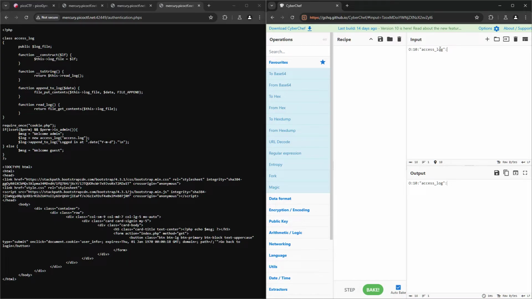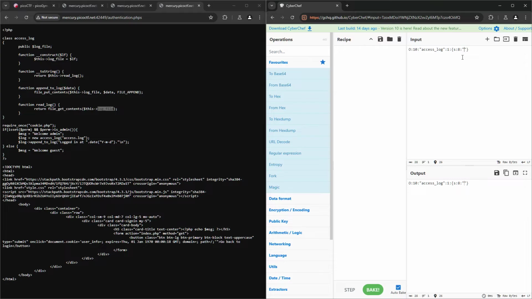Now we are returning only one instance because we just want the flag file. So we're going to initiate another string parameter here, and the length of this would be the log file. So it's 1, 2, 3, 4, 5, 6, 7, 8. So there goes 8 here, followed by